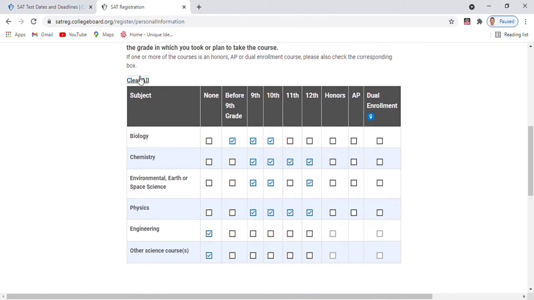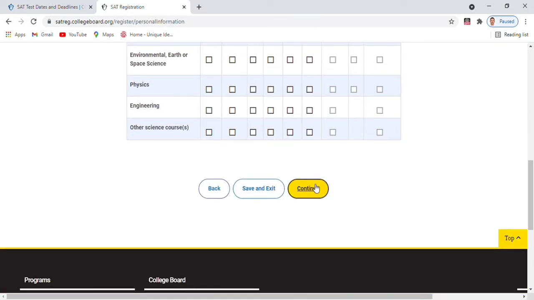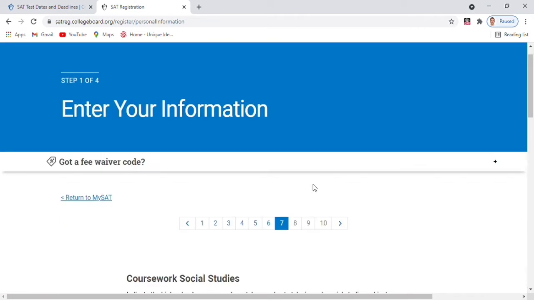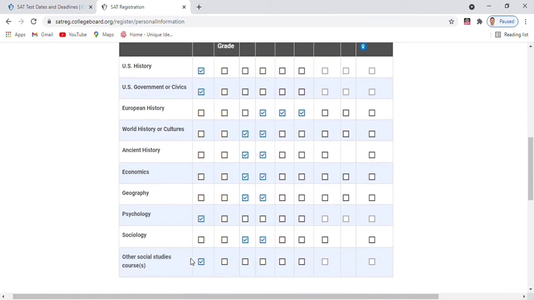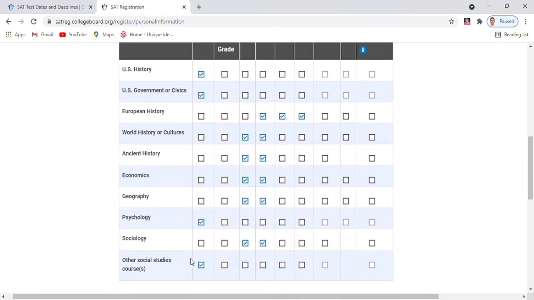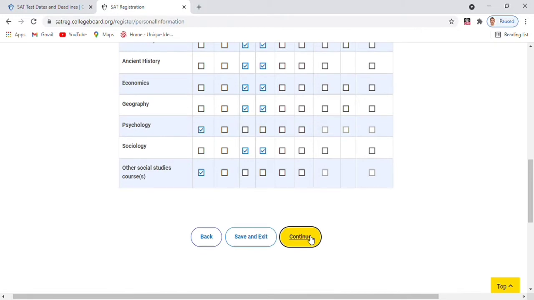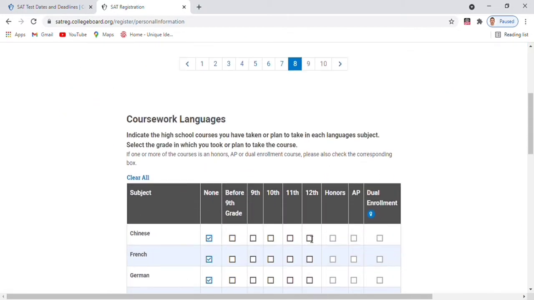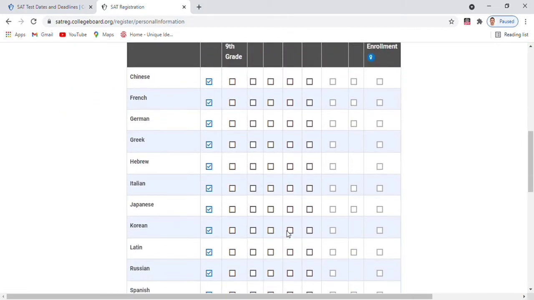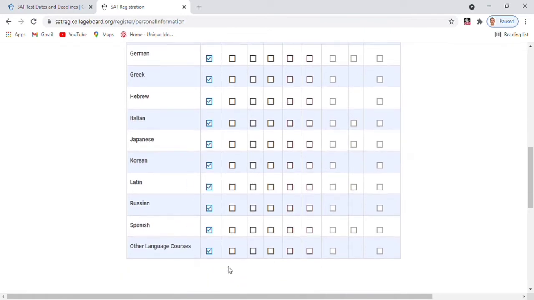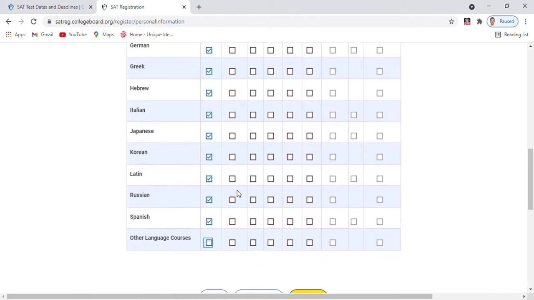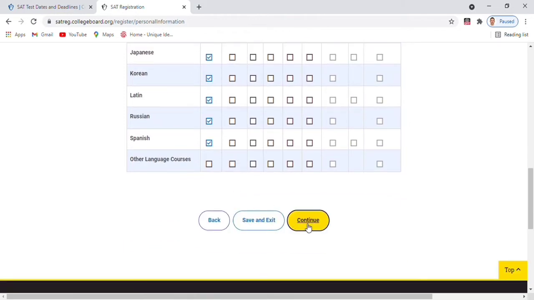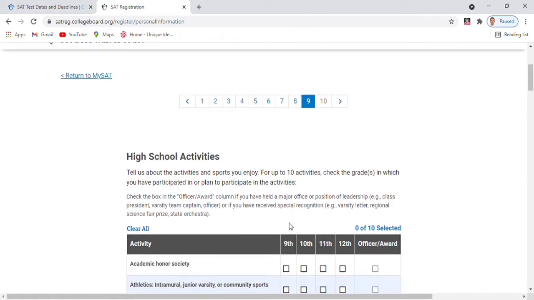And after that you see in which class you studied biology, chemistry. I just clear all and then continue. I do not wish to respond to all these questions. If you want to respond to these questions, you can just do it, but I did not wish to respond because these are not important. And after that you see whatever language you learned in your high school. I didn't learn any language except English, or whatever you want to respond, then you respond, otherwise leave it.